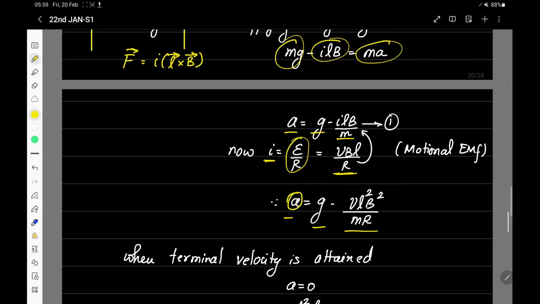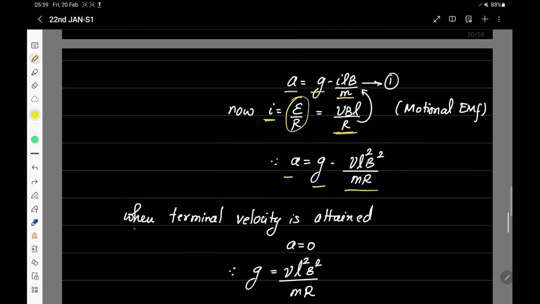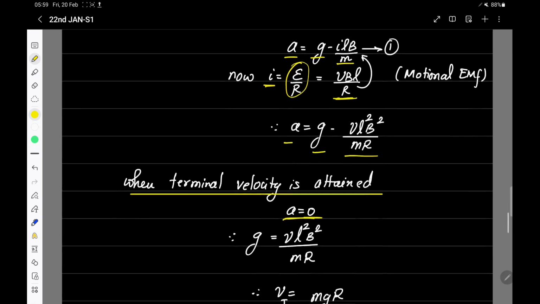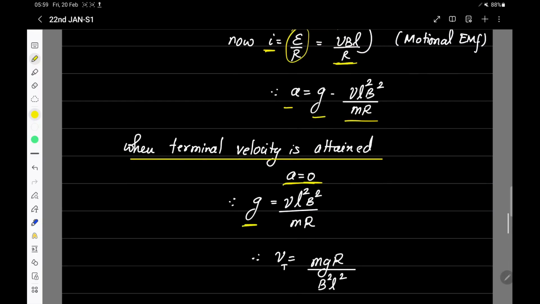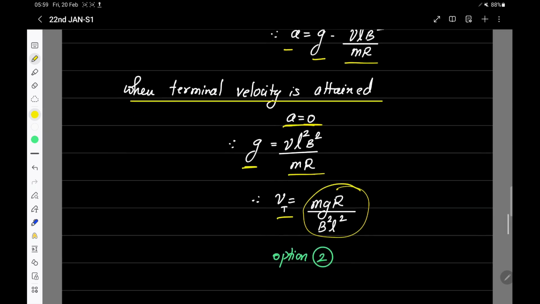You see, acceleration is a constant minus V into some other constant. So here, if the speed goes on increasing, the acceleration goes on decreasing. And when the rod attains terminal velocity, acceleration must become 0. So putting acceleration 0, we get g should be equal to V into L square B square by mR, or the terminal velocity comes out to be mgR divided by L square B square. This is nothing but option